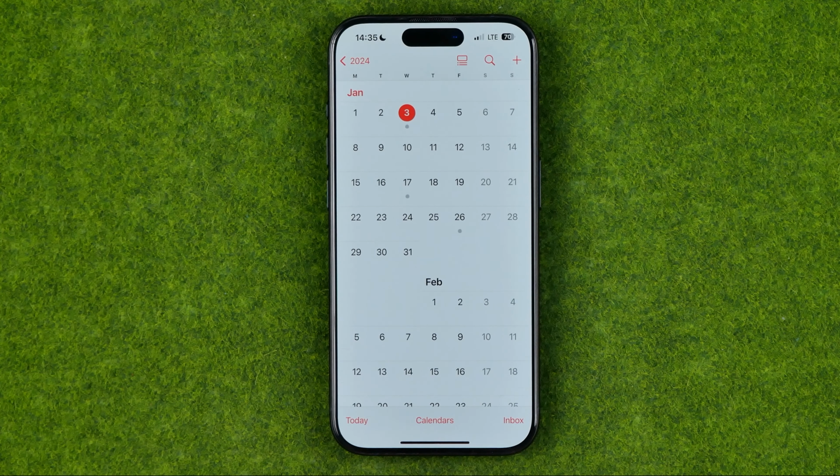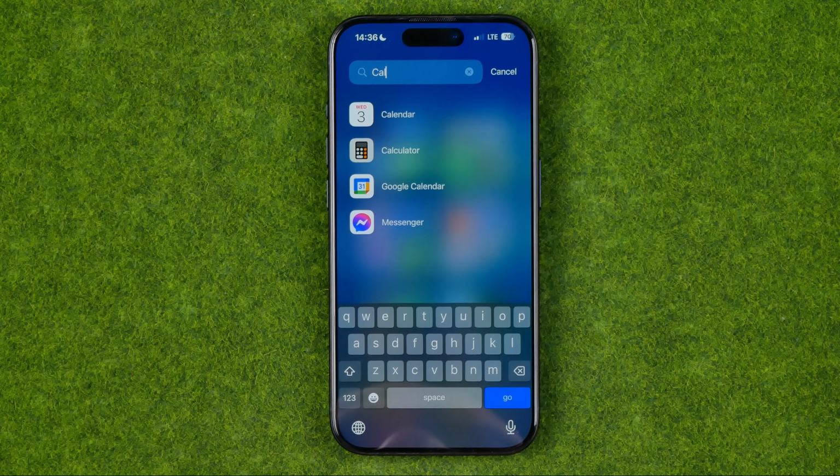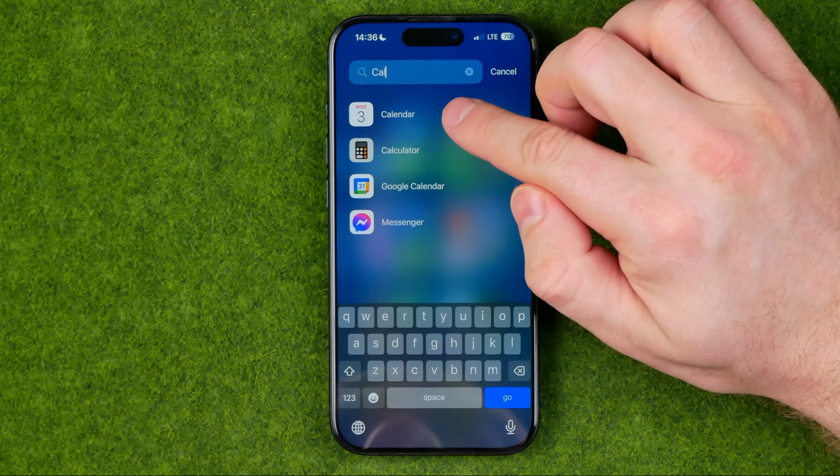Let's get started, guys. I'm gonna show you all the process from the beginning, and first off, we need to open up Apple Calendar app. If you can't find that app on your home screen, you can swipe to the very right where you can easily find App Library. That's where we can just search for calendar, and that's how we can easily find that